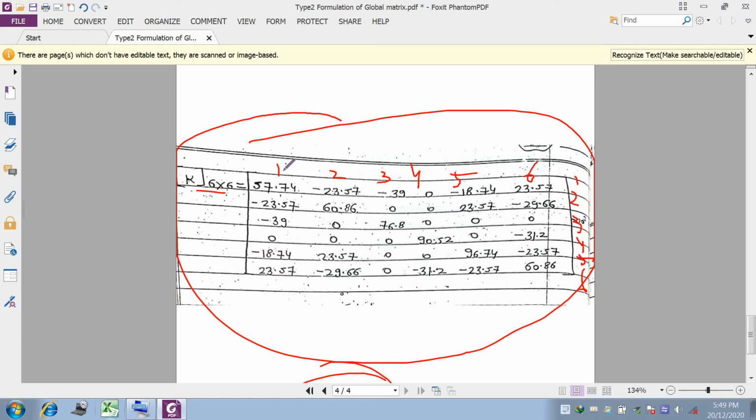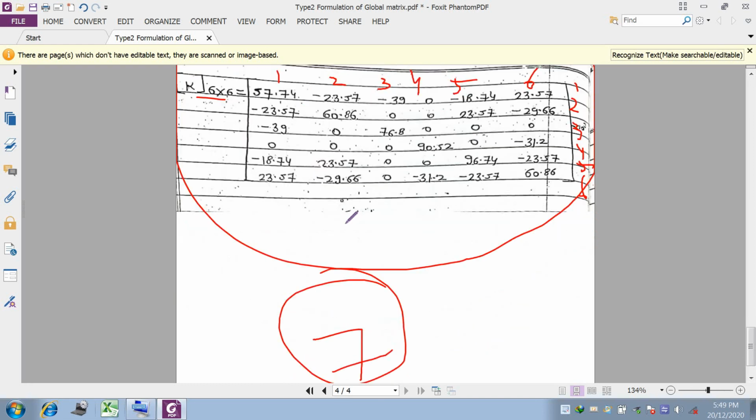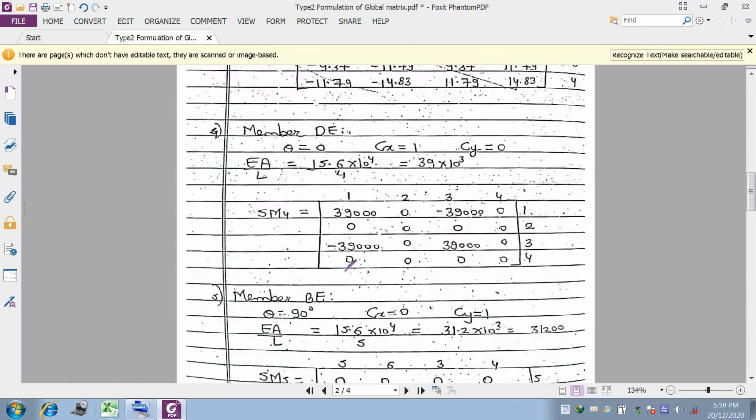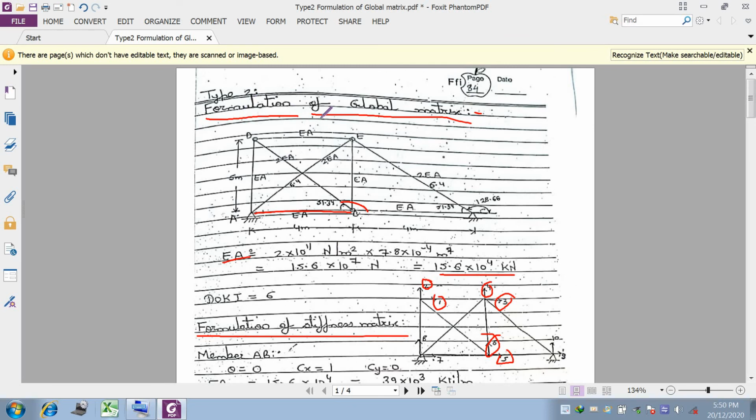So you have to see these coordinates 1 1, 2 1, 3 1, 4 1, 5 1, 6 1 for row number 1 from all 8 matrices that you have calculated, and you have to sum them or subtract them as per your sign convention, and then put the value very carefully in this final matrix. This numerical is asked in your examination for 7 marks. This is type number 2, that is the formulation of the global load matrix. We will see more numericals of this type in our next lecture. Thank you for your kind attention. Thank you.